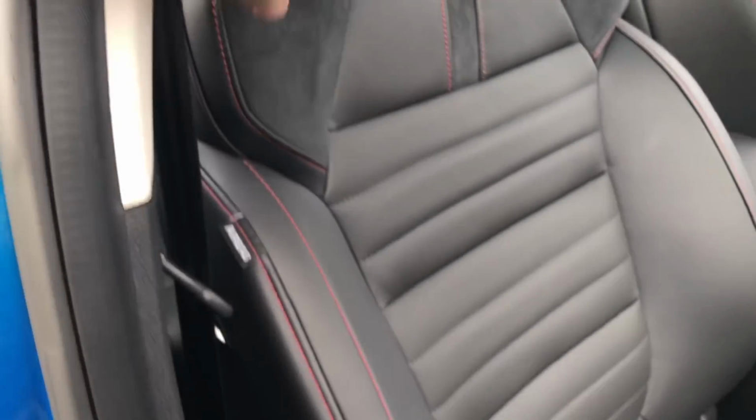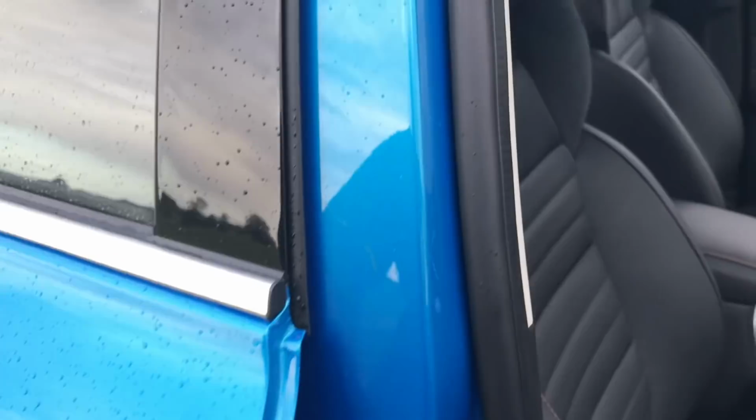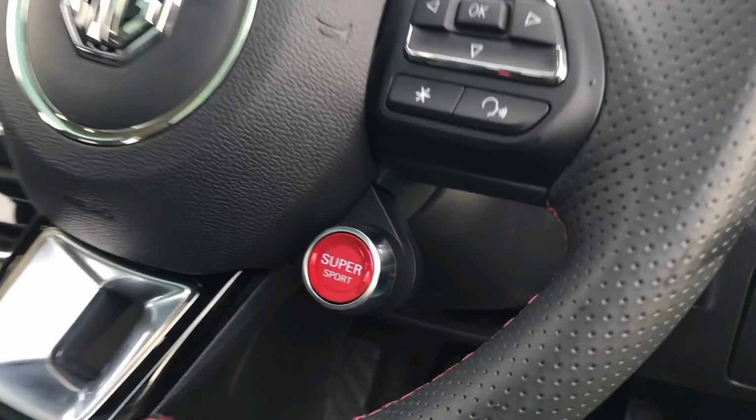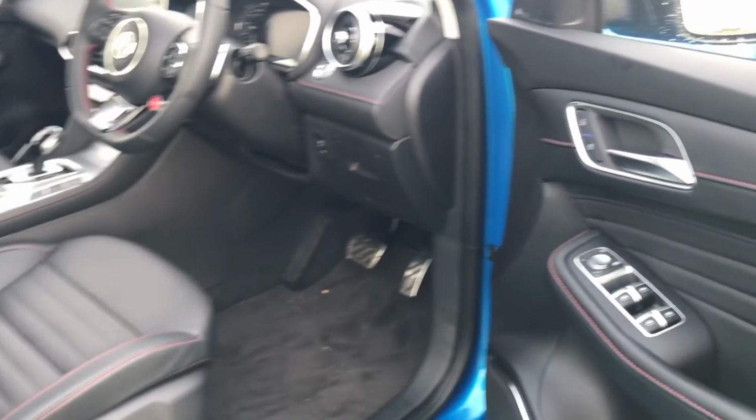It could be leatherette, I'm not sure, but you've got some Alcantara just on the outer edges there, but they are absolutely comfortable as hell. And I'm going to mention this, the Super Sport button. We'll go into that later. So that's the front seats,